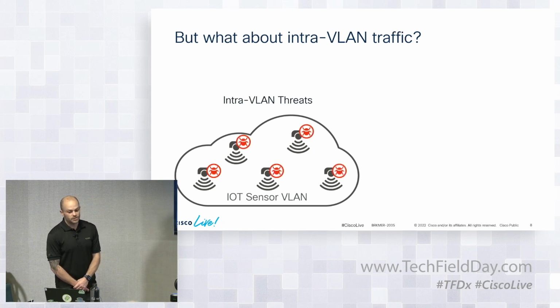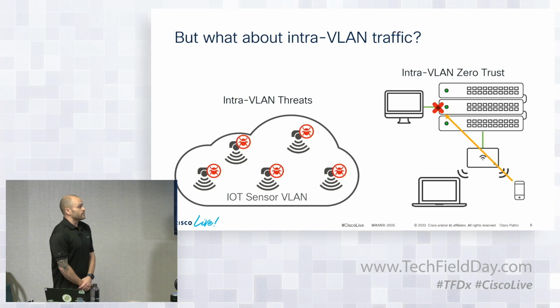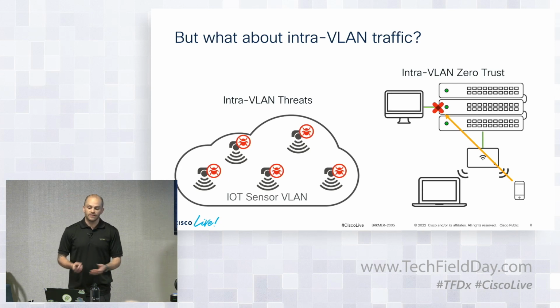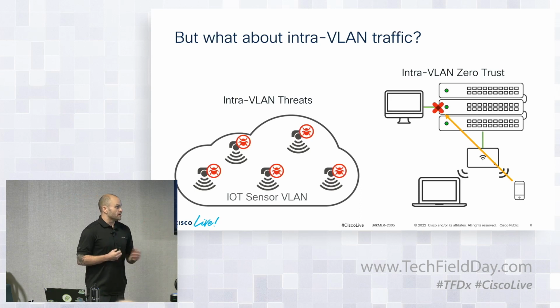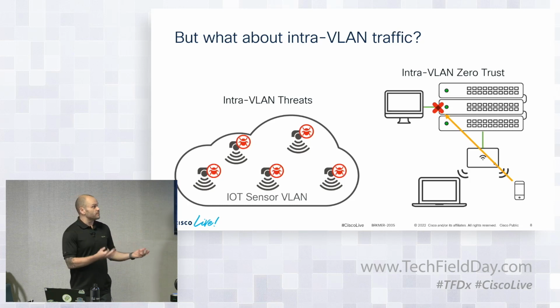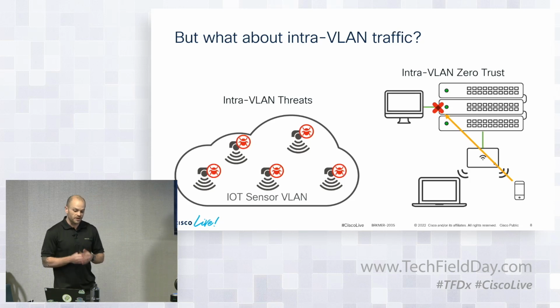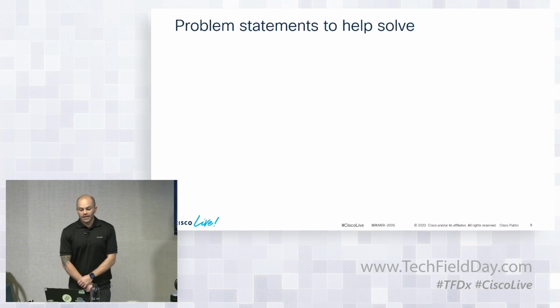And so one of the key things we want to try to cover is how do we actually take care of intra-VLAN traffic, or if a customer has effectively a project towards getting to zero trust, how can we make sure that devices in the same VLAN can be controlled in a manner that makes sense, so that, for instance, if I have a device that someone brought in, they can't communicate with any of our corporate assets, but maybe have them in the same subnet. Maybe it's a small site and I don't really want to architect out 5 different VLANs for 5 devices. I've seen it, I've done it. It never works out as well as you want it to,